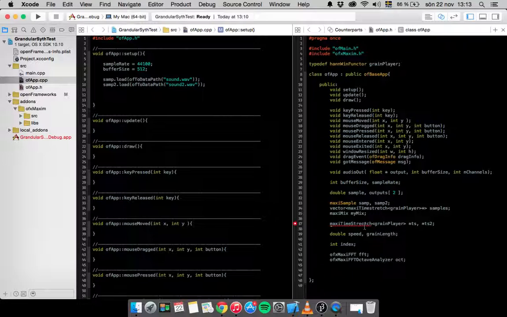And now we need to create. I can see I misspelled this. There we go. Now we need to create these. We did here the maxi time stretch. We call it a TS and TS2. And now we're gonna need to create these, because using pointers we need to use a very special word that, if you've done processing, you might be familiar with, but it's called new. So we do new maxi time